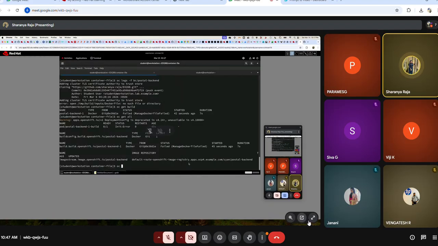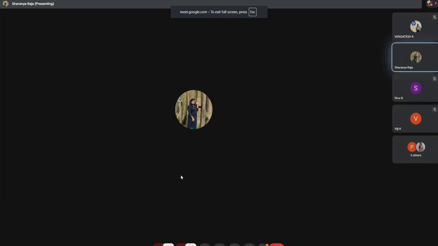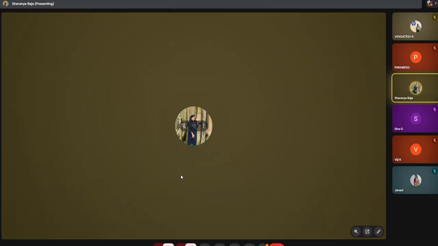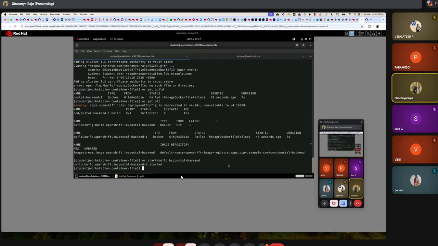So oc start-build and then the build config postal-backend. Since it is an error, it won't start, but this is how you will be getting it. You need to wait for this whole build to be successful. See now,